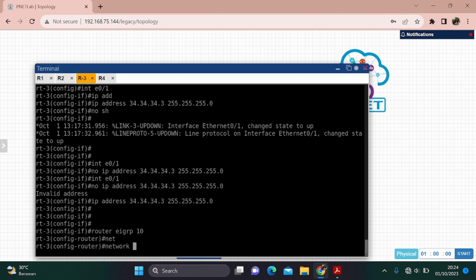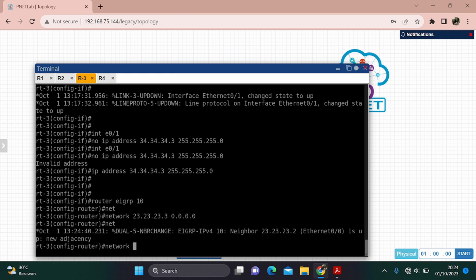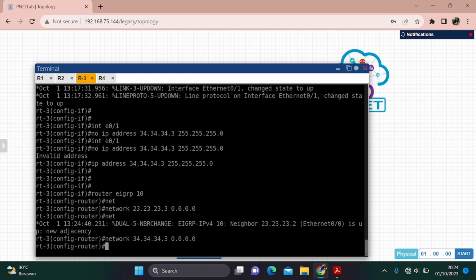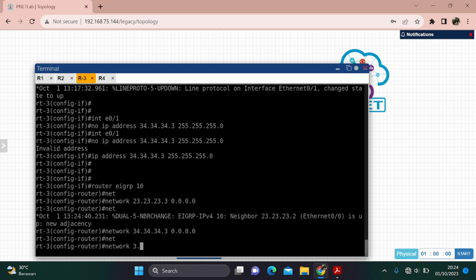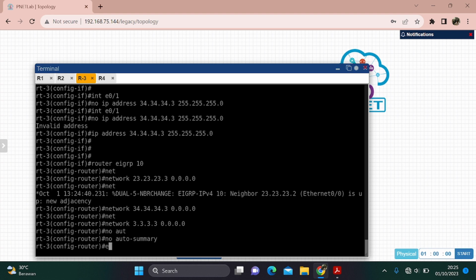Then the network is added. After that, don't forget to add no auto-summary, and then exit.